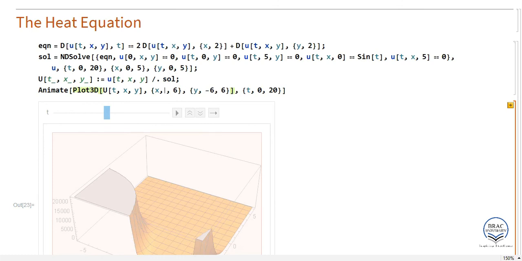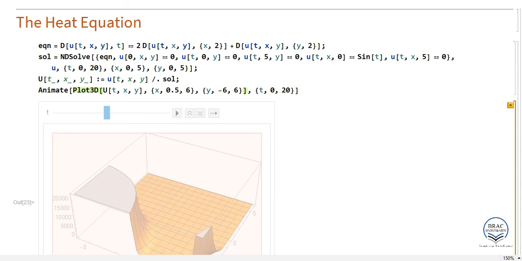Since it starts from 0, let's start from 0.5 and go up to 4.5. Similarly for y, you can also take a different range that lies within your interpolation range. So I'm just going with 4.5, and let's see. Yeah,